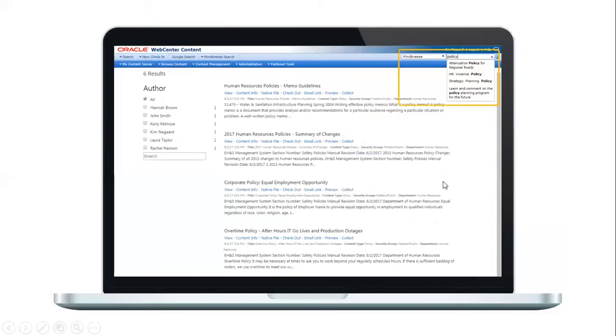The other thing I wanted to mention is all of these search apps can also be searched from the quick search. So you can see them in the Mindbreeze search menu. You can also see them in the quick search. And in this case, when I search in the quick search, I also get the type ahead that comes from